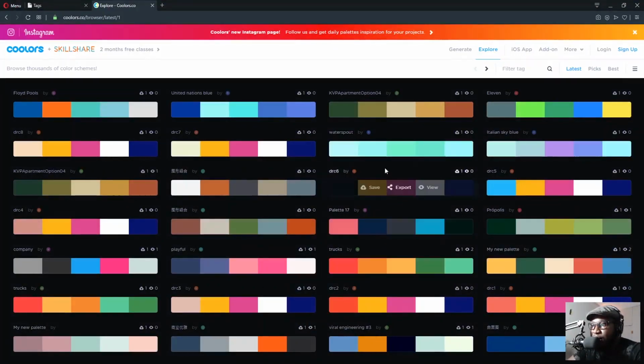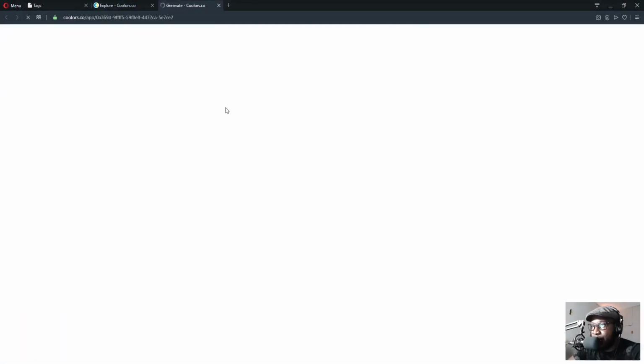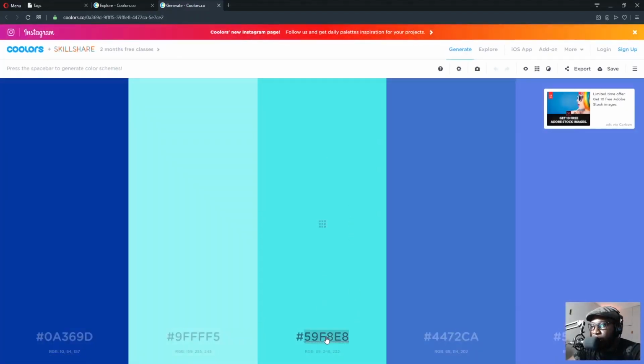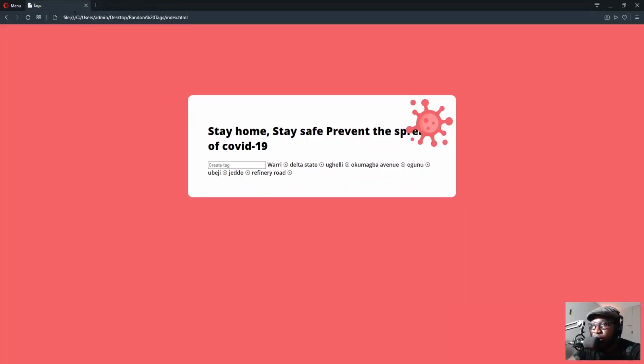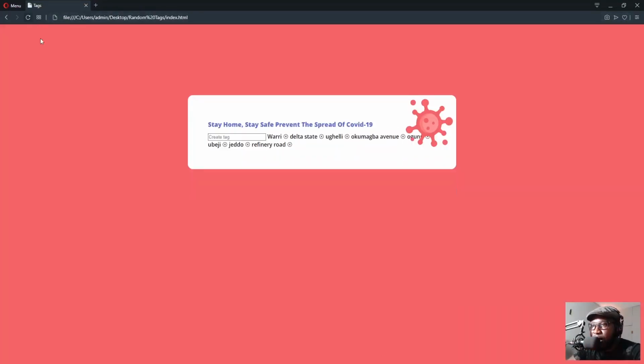See this here. If you click on view, it shows you the full color and you can see the color code displayed. See this here. If you adjust, you see the RGB value, everything usually comes out. So anyhow, for that one, I just want to see the color they used for the heading.